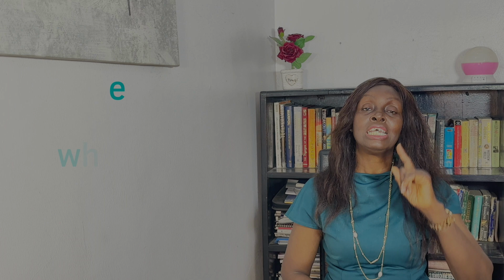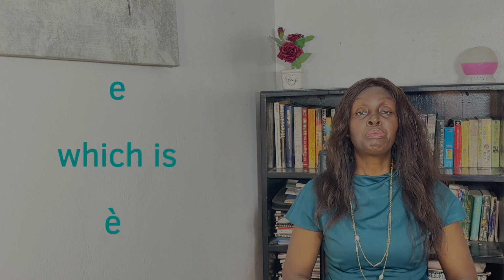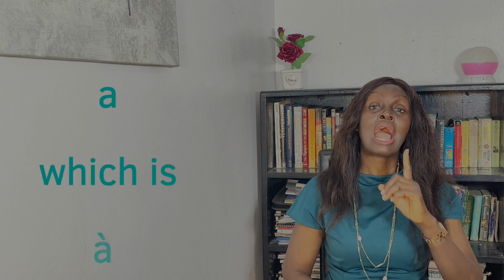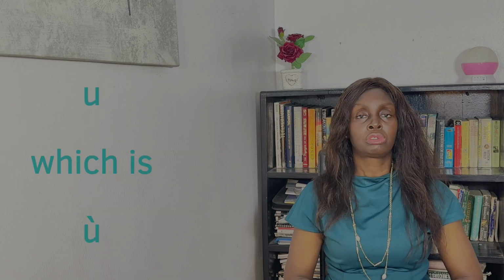So now, the accent grave can appear on the letter E, which is è. It appears on the letter A, which is à. It appears on the letter U, which is ù. On the letter E, the accent affects the sound. Instead of é, you have è. For example,